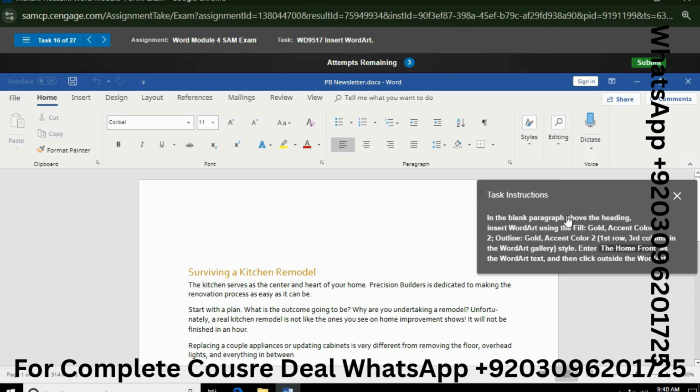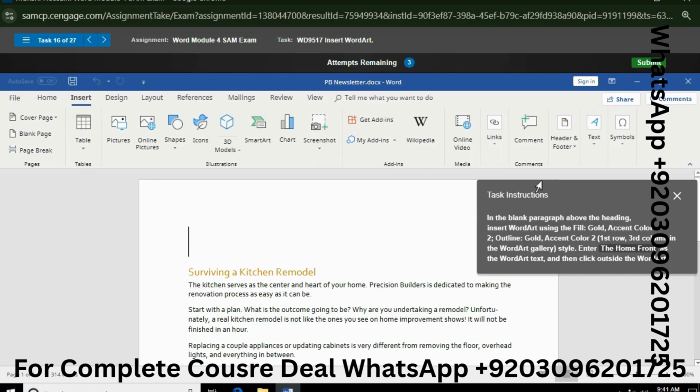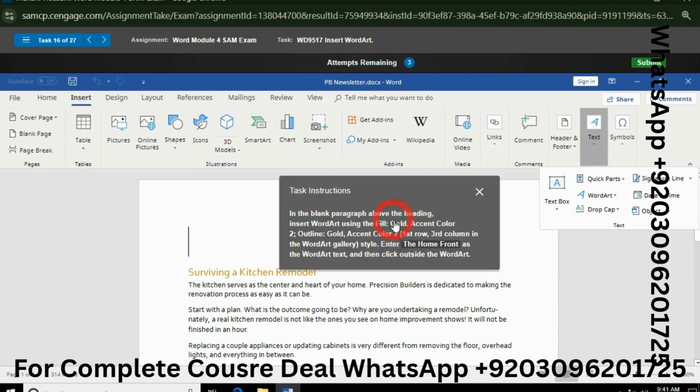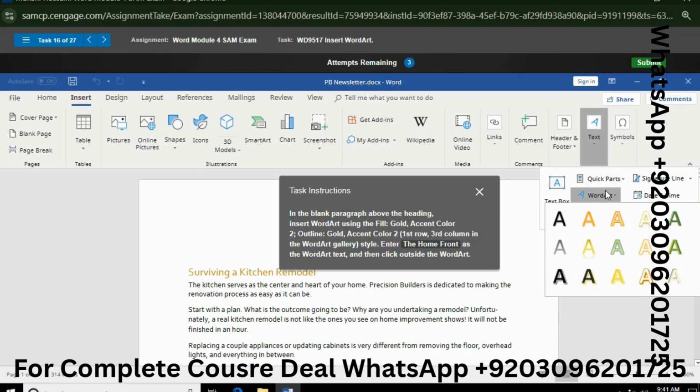Task 16 is in the blank paragraph above the heading, insert a word art using the fill gold accent color 2. Here we need to insert word art in text, word art, and now here first row, third column, this one, fill gold accent color 2.